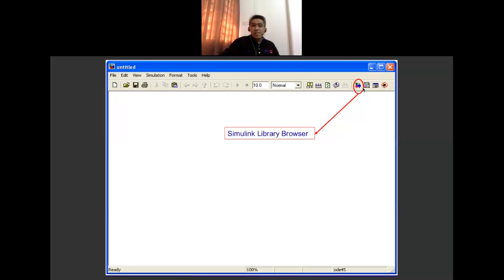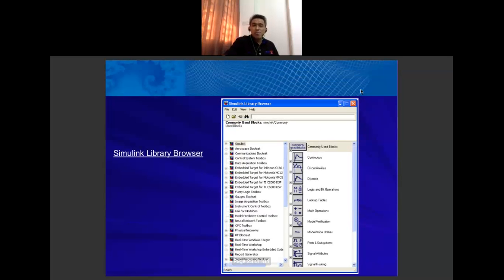This is the symbol for the Simulink Library Browser, so just click on it. This is the Simulink Library Browser dialog box.